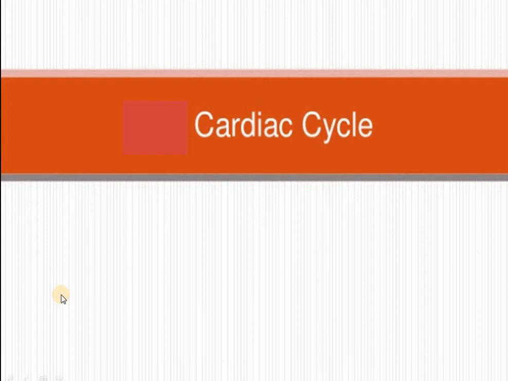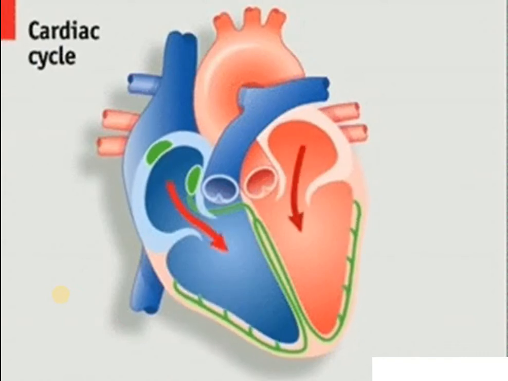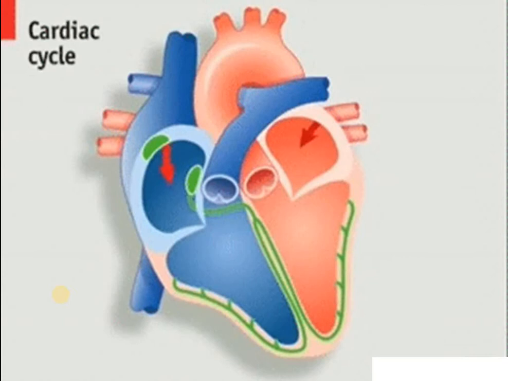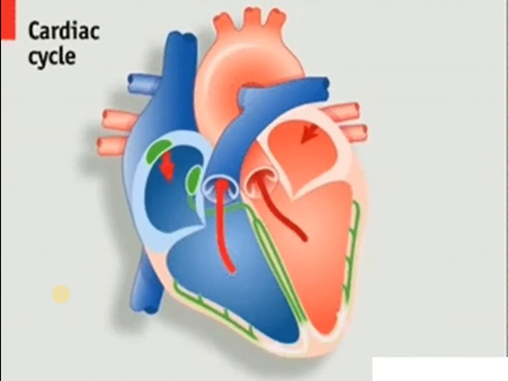Alright, this is the chapter of transport in mammals. Today we have to discuss the cardiac cycle. To know the cycle in the heart, which comprises about 0.8 seconds, let's see this animation first. This is something I showed you last time too, where you can see that the oxygenated and deoxygenated blood